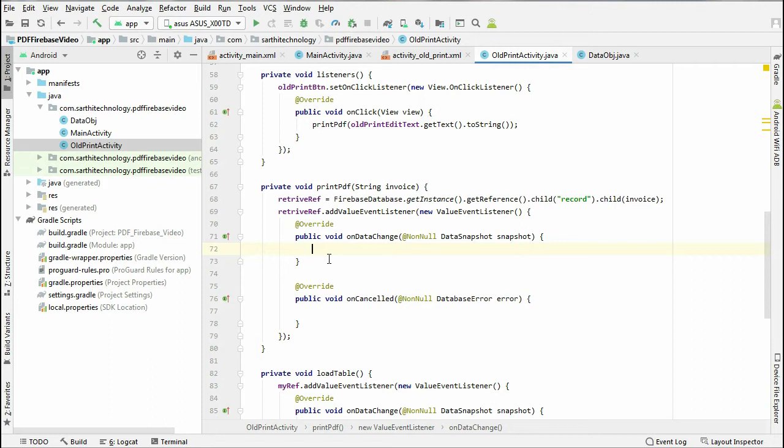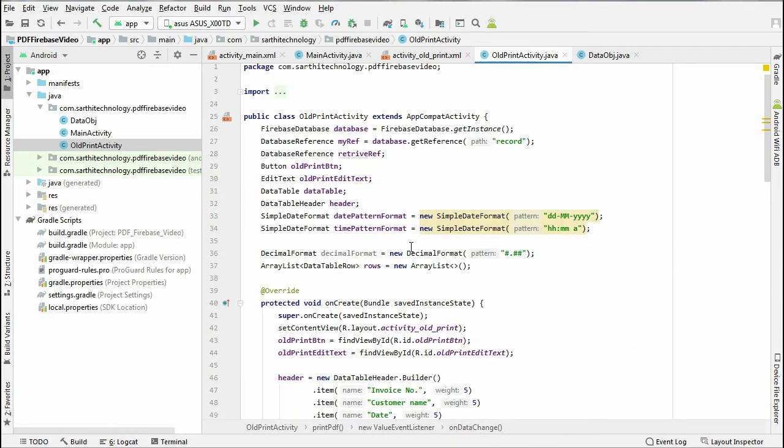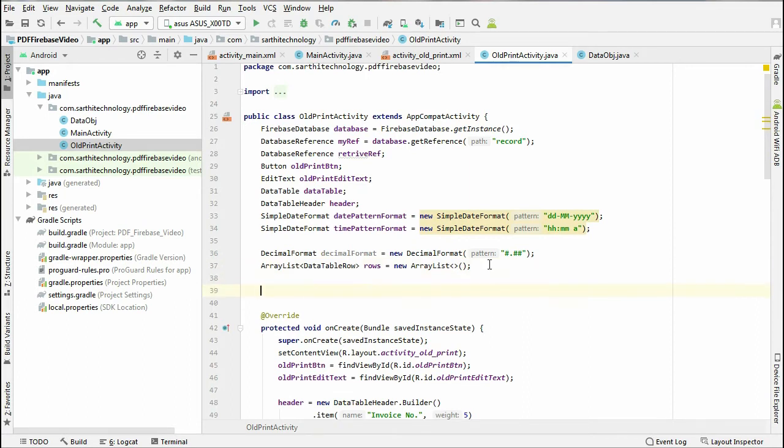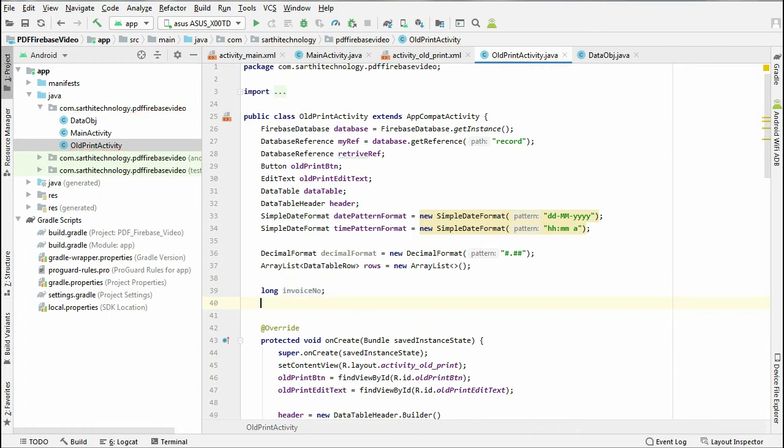First we need to create objects for invoice number, customer name, date, time, fuel type, etc. So just go to the upside, and here we will create objects for the invoice number, long invoiceNumber, customer name.